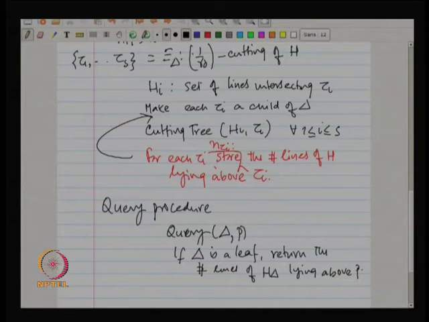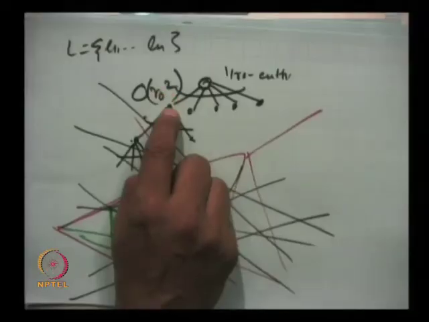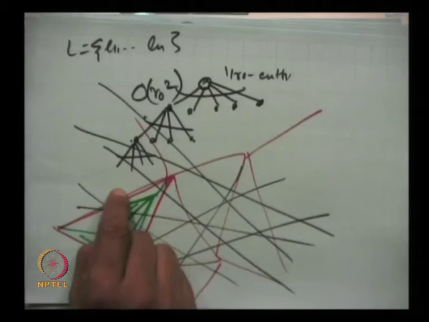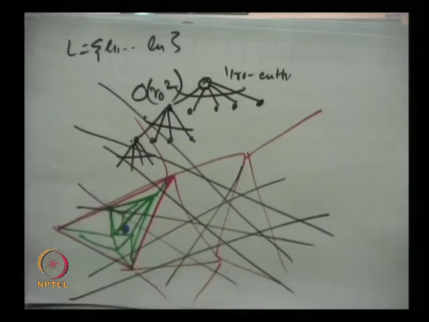So if you think about the tree, what's happening recursively, you are at a node, some delta on this tree. If it is a leaf, then there's nothing there, so you just count, because there are only R0 lines. If you remember, the condition for a node to be a leaf is that there are at most R0 lines there, and R0 is a constant. So just look at the constant number of lines, figure out which of them lie above it, count that quantity, and return it. Else